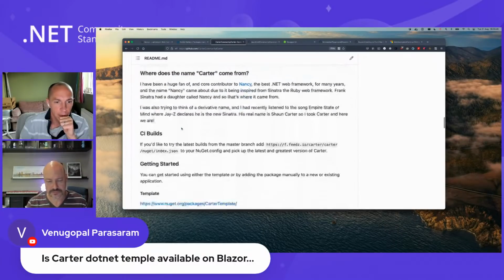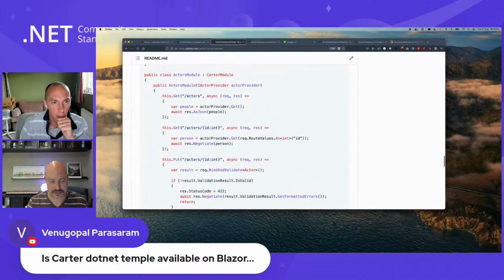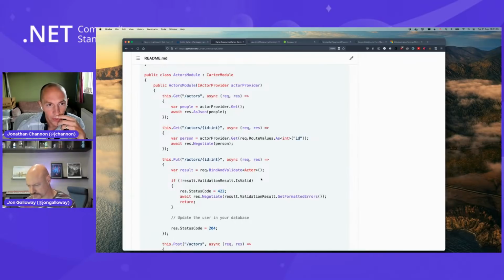No, this is purely server. It's a case of, for me and with Nancy as well, I didn't like the routing in MVC, and over time the additional overhead that brought with it. And so Nancy and Carter were very explicit in you opt into something. And so I always wanted to see my HTTP method, my route template, and my handler in one part and without attributes.